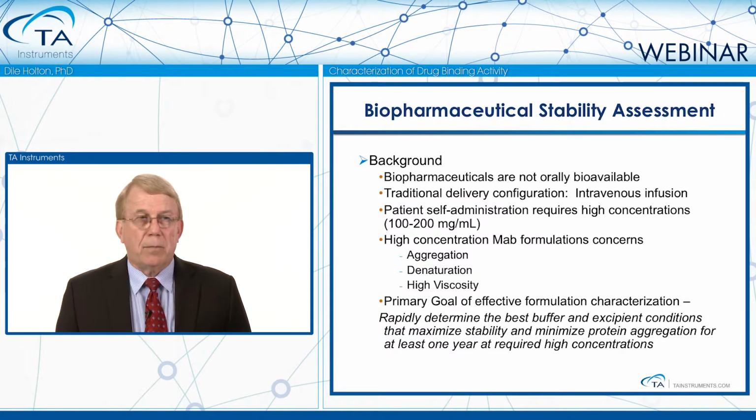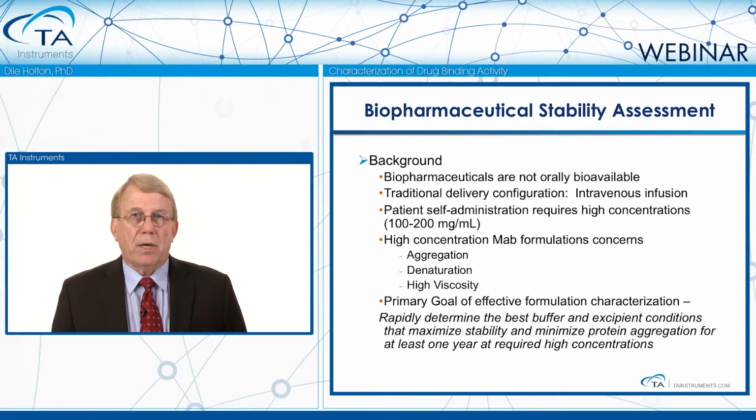However, more recent developments are that patient self-administration can be done, but it requires very high concentrations because of the body mass in a typical human, 100 to 200 milligrams per mL. And there are some issues with that we'll talk about in just a second. So these high concentration monoclonal antibodies, for example, all exhibit different aspects of aggregation. They denature at specific rates, and some of the high viscosity creates a problem for delivery